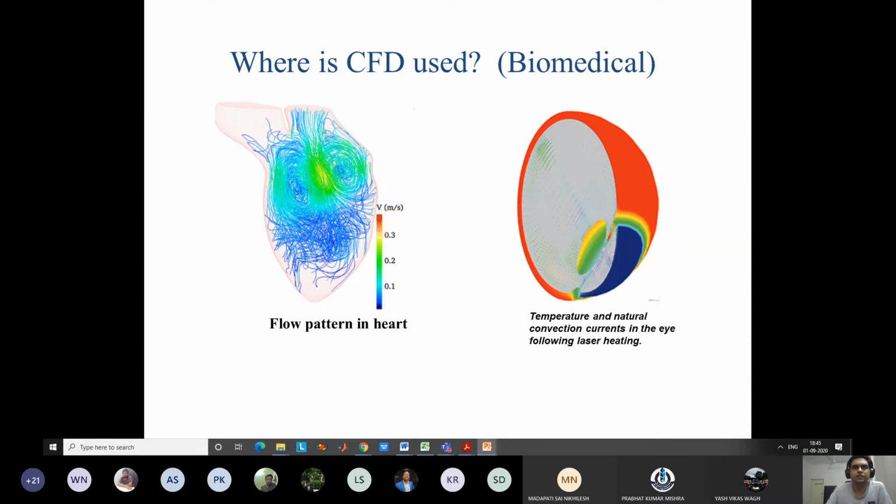Okay, so then you can do some experimental study, but the first step will be to develop a CFD model. Similarly, I have shown a random example taken from the internet, the flow pattern in the heart. I also don't know what these lines mean, but it is basically the velocity pattern with magnitude. Okay, somebody has done some CFD study, but a lot of studies are going on in medical and biological applications.